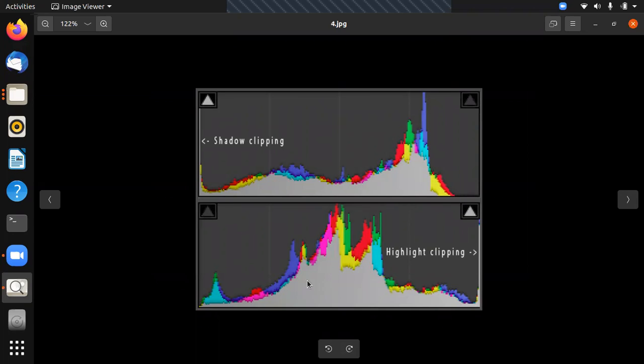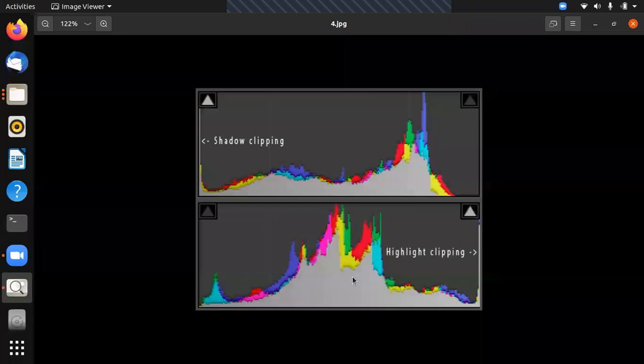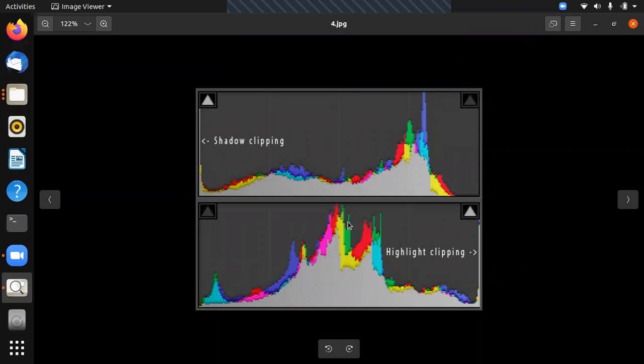Like this. See the lower portion of the photo. If we have a photo which is properly exposed, most of the things will be like this in the middle. So even if we are in daylight where the LCD screen is not visible, and because of the daylight we are not able to judge whether the photo is underexposed or overexposed, we can see the histogram. If the histogram is showing like this, then we can understand that the exposure level of the photo is correct.